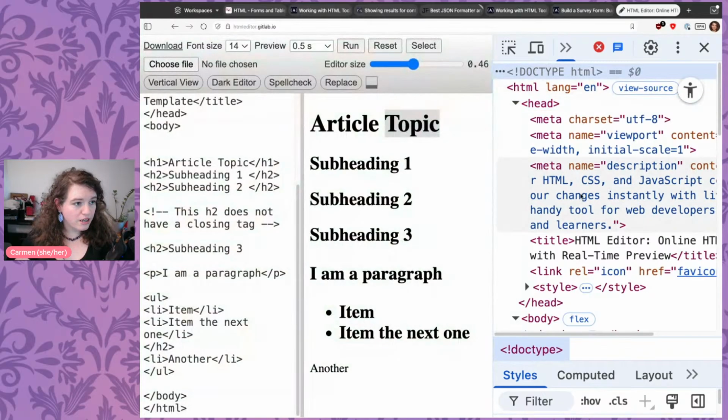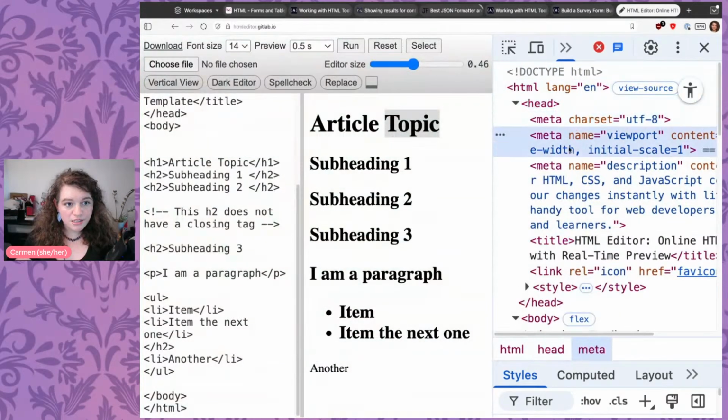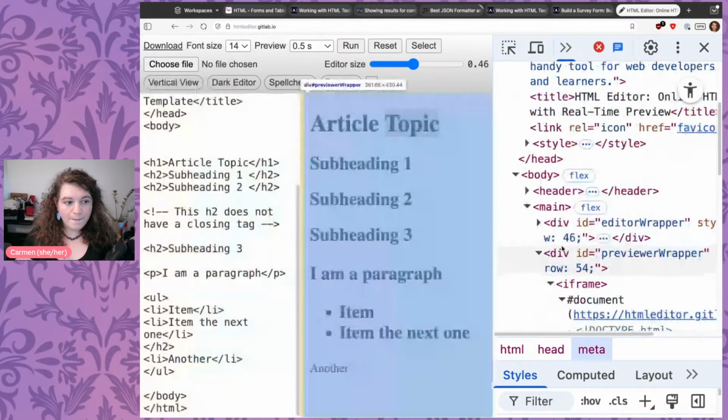We can see our doctype HTML, each of our elements. Each of these is an object, right? But it doesn't include only